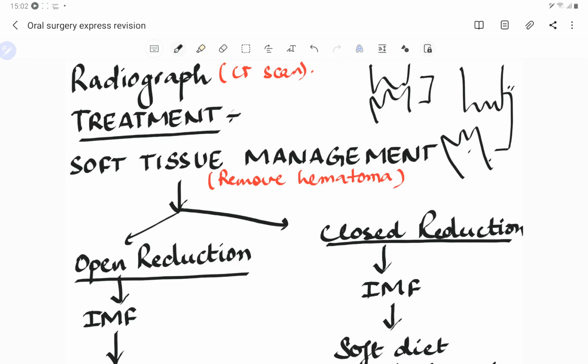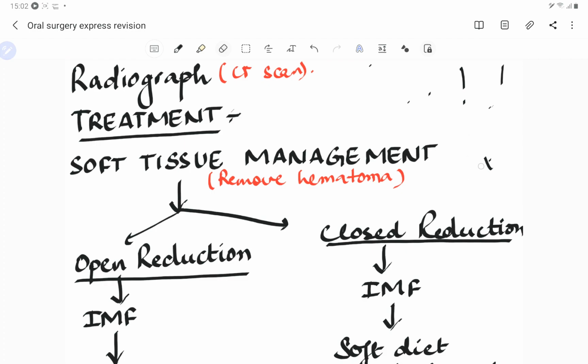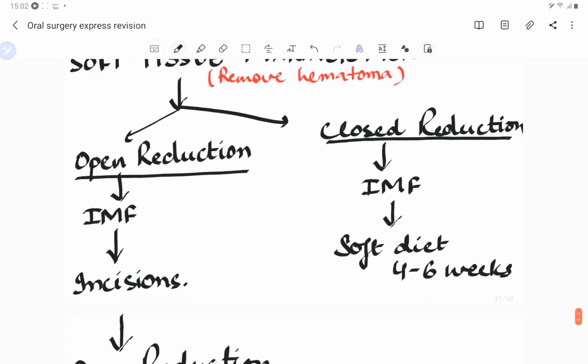Or if the fragments are already in their own position, we check the occlusion, and if the occlusion seems very perfect and the fragments in the radiograph also seem to be in their proper location, then we just fix the maxillary teeth to the mandibular teeth so that there is no movement, and therefore there can be secondary healing and bone formation so that the bone is healthy. So this is closed reduction wherein we put the maxillary teeth to the mandibular teeth. We are putting, say, arch wires. So we put the arch wires like this